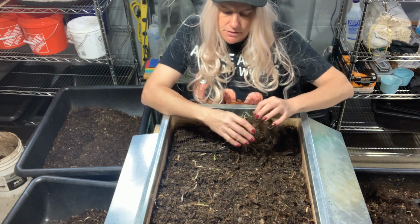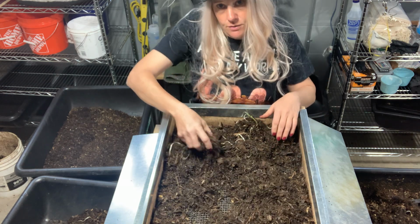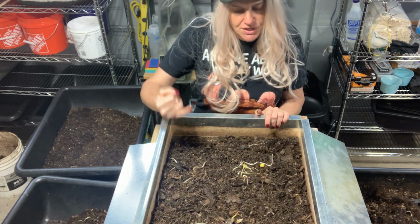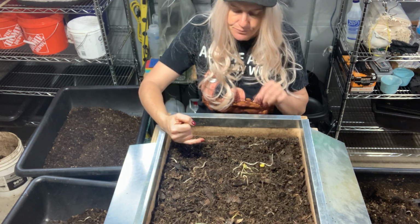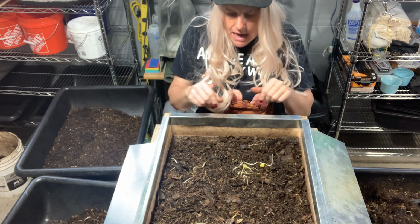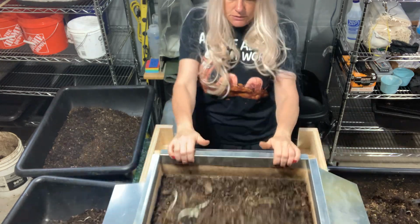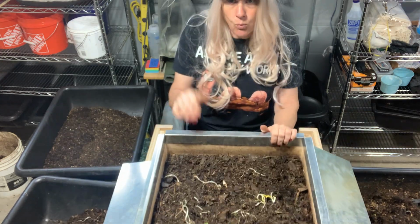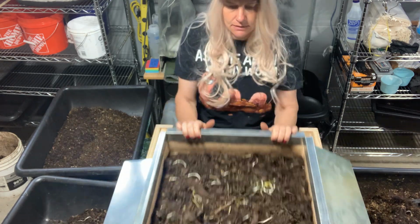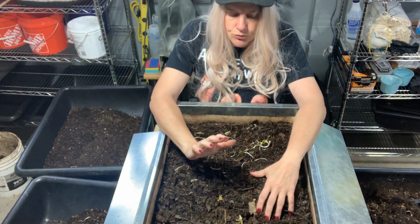And that's fine. I'm not so much worried about raising the worms in them, whether it kills the worms or not, even though that is very important, yes. What I'm wanting to find out is the speed at which that substrate breaks down. And then when it breaks down, what does it break down into? So what I'm finding is in what amount of time. So, what substrates do I want to use to really make this